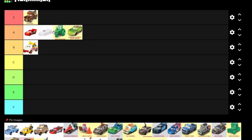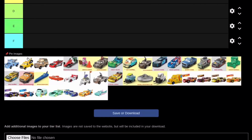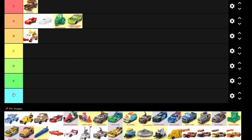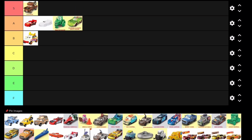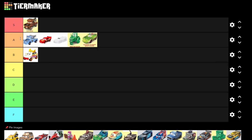His expression's really cool, though. It's like straight out of the episode. So, definitely A tier worthy. I think he is. Then we have President Mater, so a really nice one. Really only one Zonk for him, and it really doesn't hold him back too far. I'd probably still put him behind, or maybe in front of, actually, I think in front of Space Creature Lightning